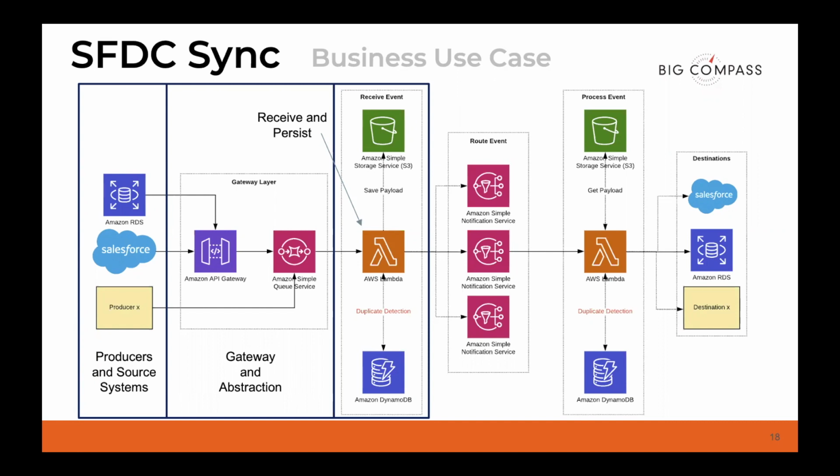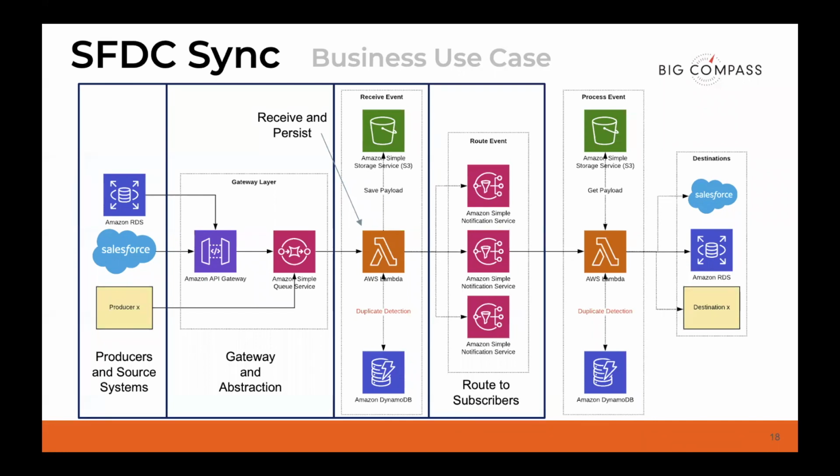And then we also do duplicate detection. If you look at the bottom of the screen, I mentioned duplicate detection as one of the serverless blind spots. We're doing duplicate detection in two places here. I'll talk about how we're doing it in just a couple of slides, but we're doing duplicate detection here, number one, just in case one of our producers produces a duplicate. And then I'll talk about why we're doing duplicate detection again in just a second.